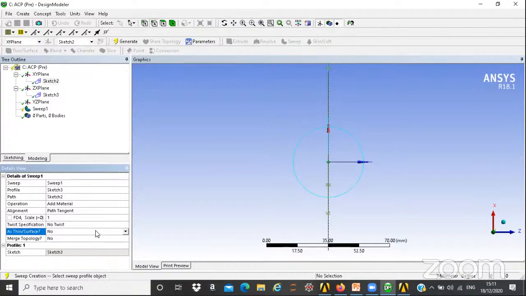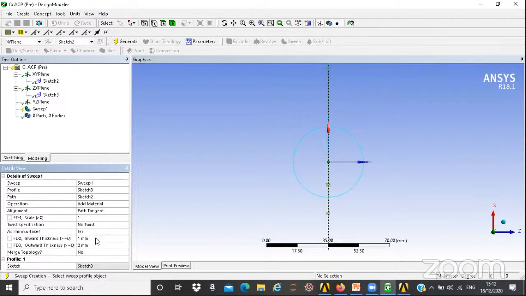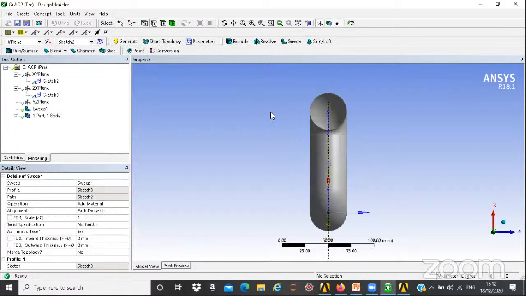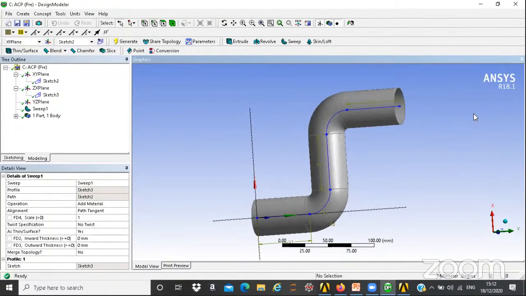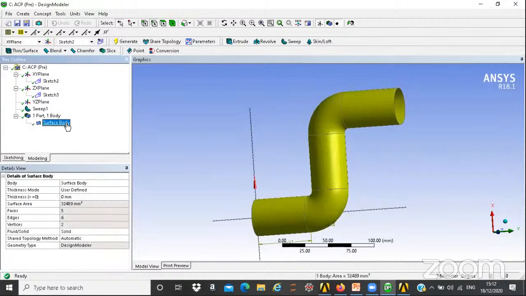So the main thing is we need to create a thin surface. So click yes. At the same time, the dimension thickness should be 0. So click on generate. So this is the pipe. So we created it, and then our geometry part is over. Here we have one surface body. So close this